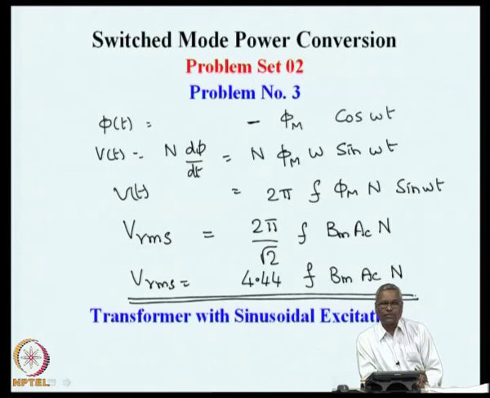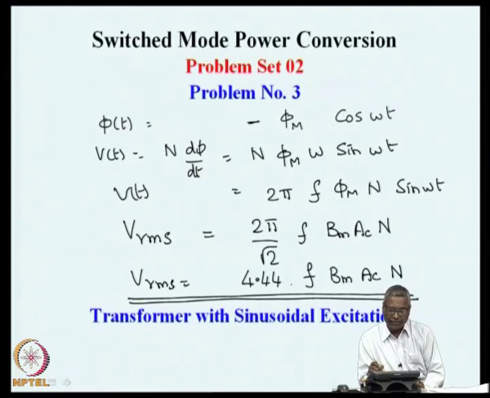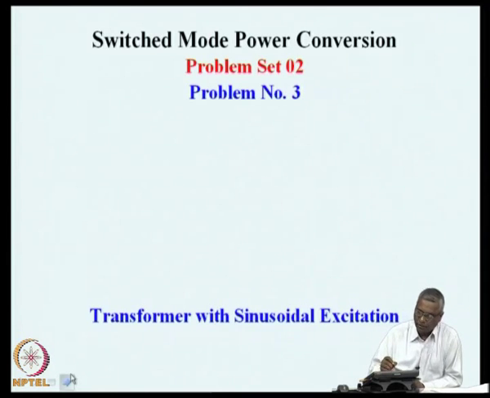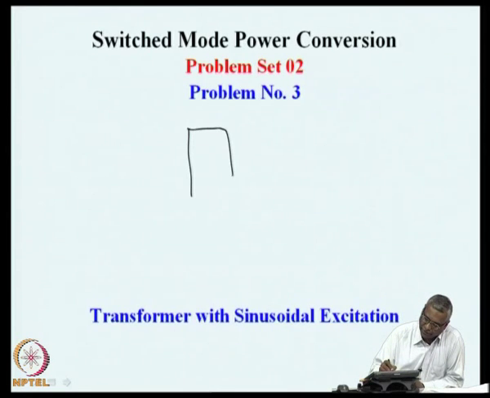When we excite the transformer with sinusoidal voltage, the RMS voltage of the winding is related to the winding number of turns, the core area of cross section, the maximum flux density, and the frequency of excitation. The RMS voltage is directly proportional to every one of these quantities, and the constant of proportionality is 4.44. So, this is one of the relationships that we will use in order to find out what is the size of the transformer. In this particular example, we can go a little further to see, supposing the transformer has